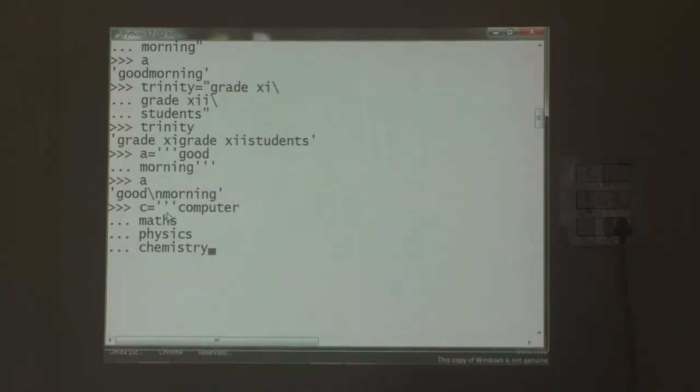Okay, so this is the end of the string. Here I have to enclose this within triple quotes. I have to close this. What will happen? See, computer, maths, physics, chemistry. You know very well backslash n is nothing but the new line character. Did you understand, student?